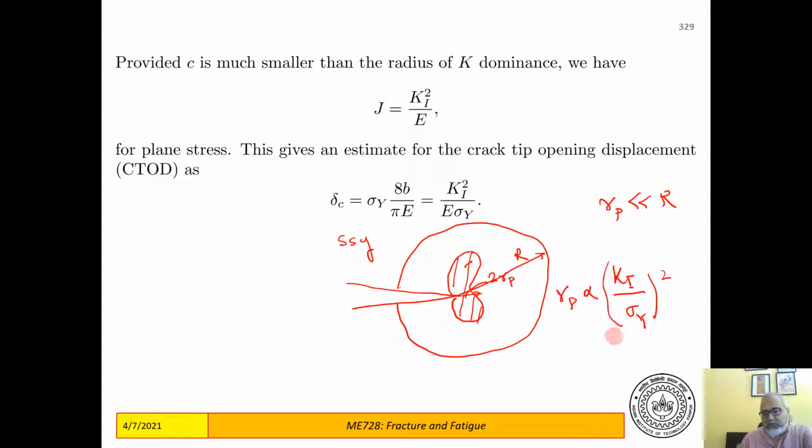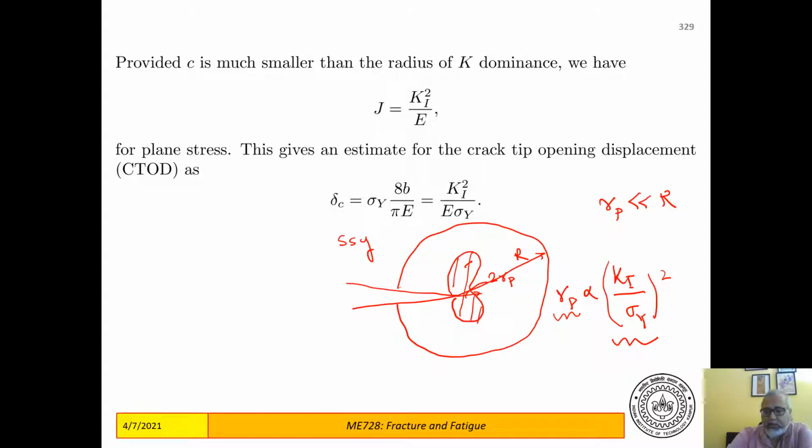So this is a length scale that crops up from the small scale yielding analysis, and all your estimates, Tresca, von Mises as well as the Dugdale model, tell you that the size of the plastic zone is proportional to K1 by sigma y whole square. Now this is your small scale yielding assumption, and based on this assumption, we are going to look at two things. One is